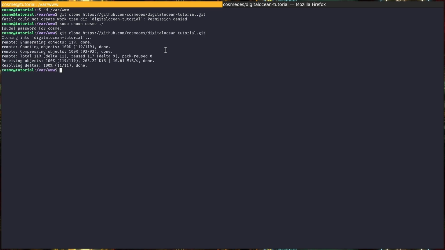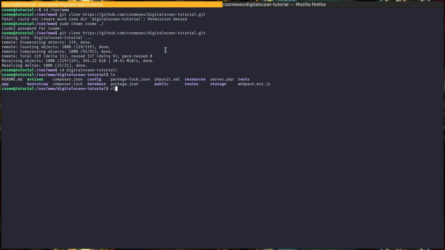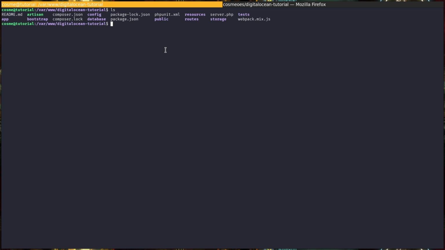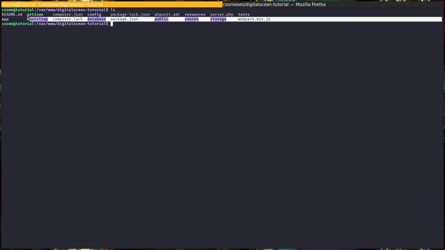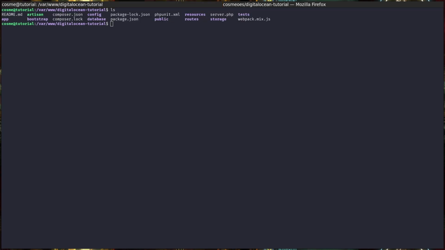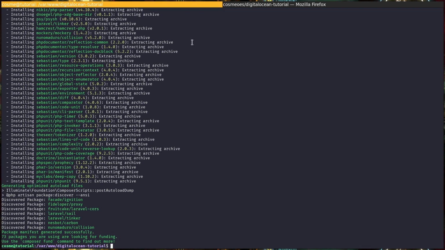Now if I clone the repository, everything is fine. So I'm gonna cd into the repository, and now here we have all the files. So what we're gonna do next is install the Composer packages. So composer install. Okay, now that it finished installing the packages,